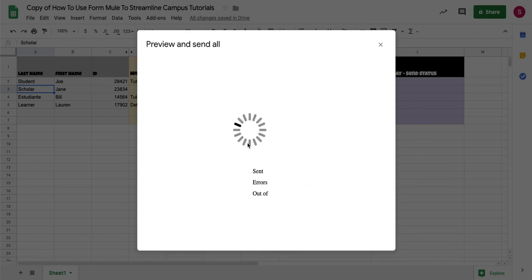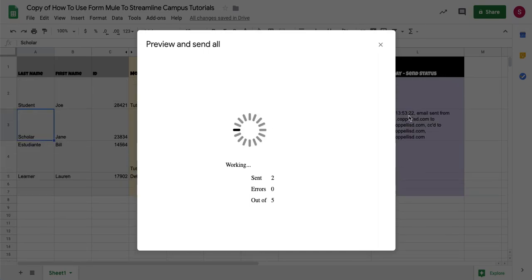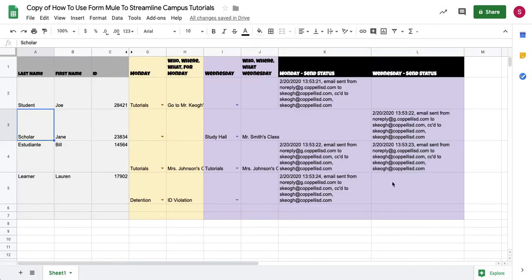So we go ahead and send now. It shouldn't take but just a second. You'll also see on the send status that they will pop up automatically that it's sent. We sent 5 emails out of 5. Here's who it went to. You'll probably hear a bing in my email any second as I have gotten all those assignments. And that's it. At that point, we allow the students to use those as a pass to get from lunch